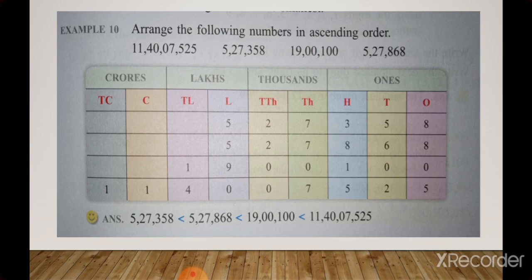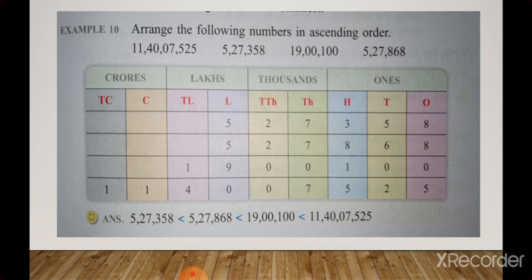And next, the third number has totally 7 digits, so you should write this number last, after the others. And the next two numbers have equal digits, so you should use the method for when the digits are the same, which means you should compare each digit of these two numbers.